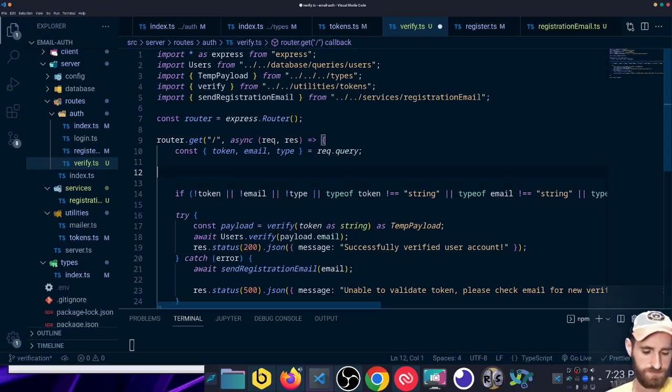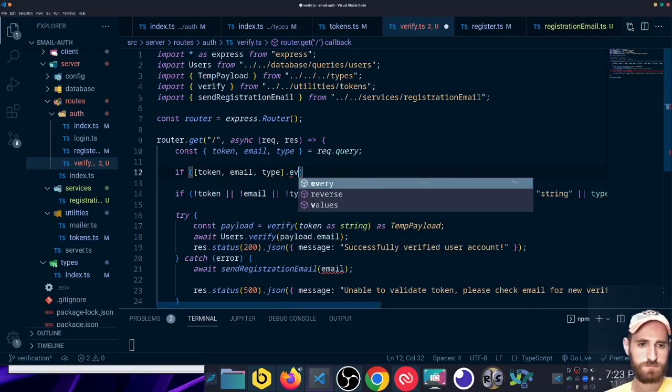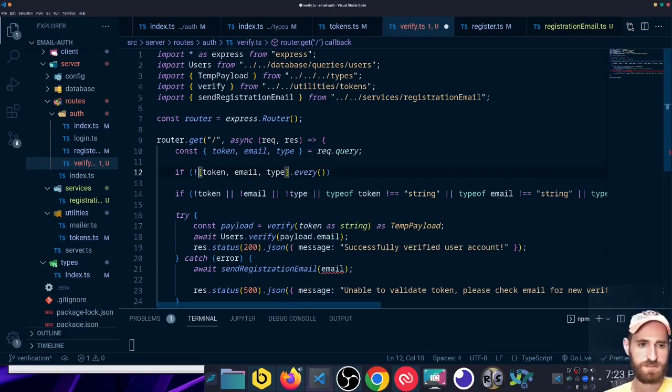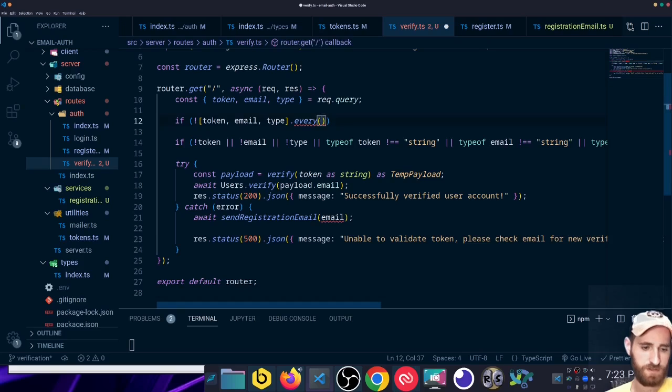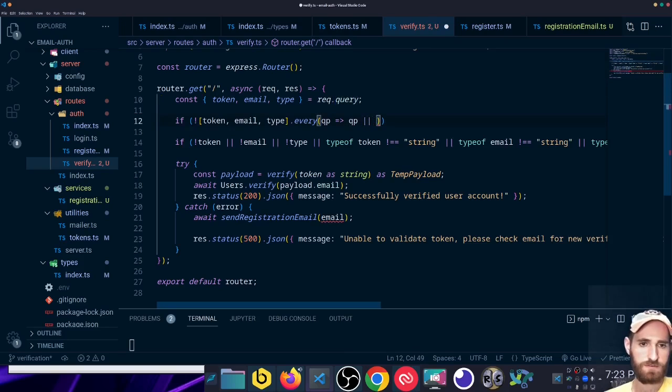So instead, let's do this. Alright, so we'll just create a little anonymous array of token, email, type, and so we'll actually check if not every, and I'll call every query param QP because I kind of like that. It's a cute little name. If not every one is truthy, or if,